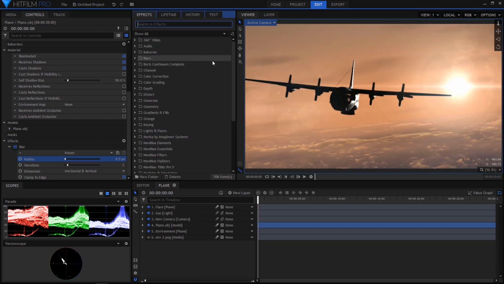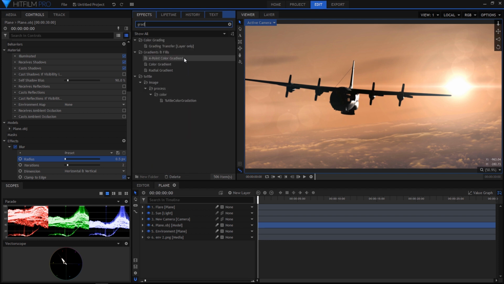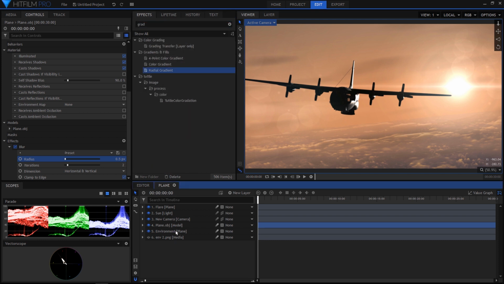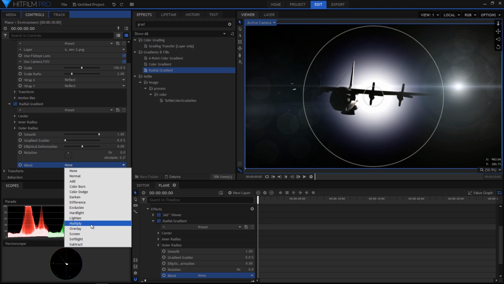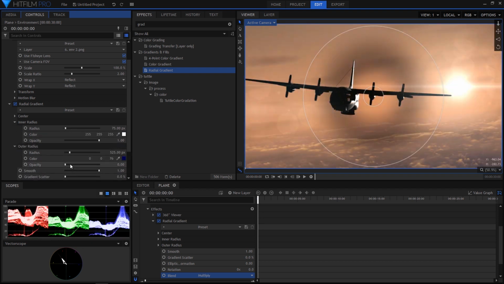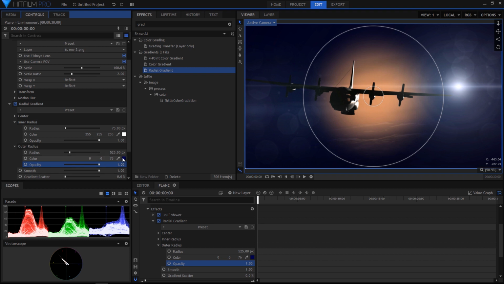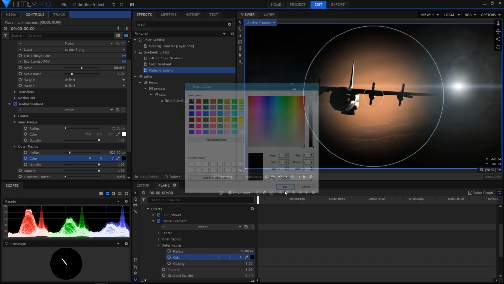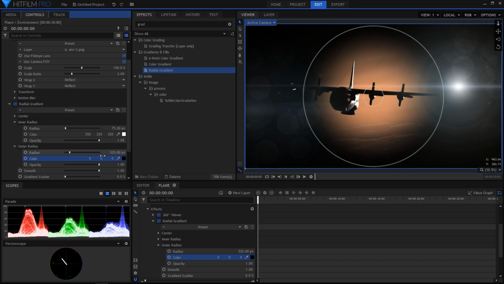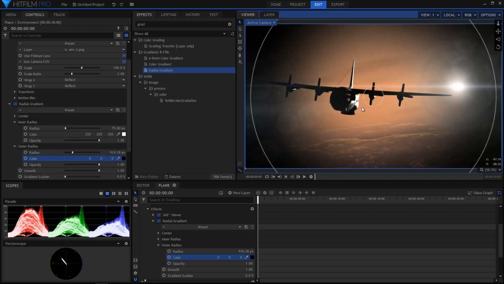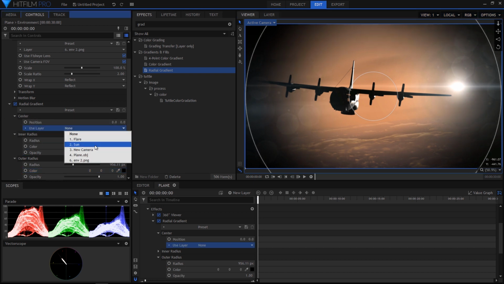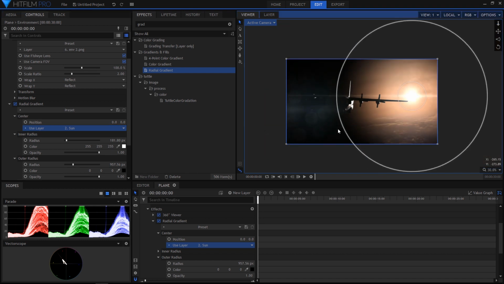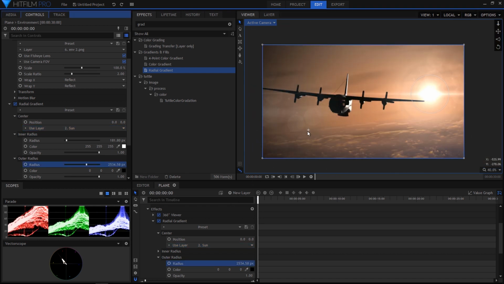Here's a little trick that I came up with for this shot. I used a radial gradient on the environment map, on the environment plane, with blend mode to multiply. And let's just increase the opacity to 100% and change it from blue to just black. And yeah, the white can stay. And now we can also adjust the size of this whole thing. But first, let's put the center onto the sun layer too. And now we can really see this gradient in effect. Having this gradient adds to the realism of the environment map.